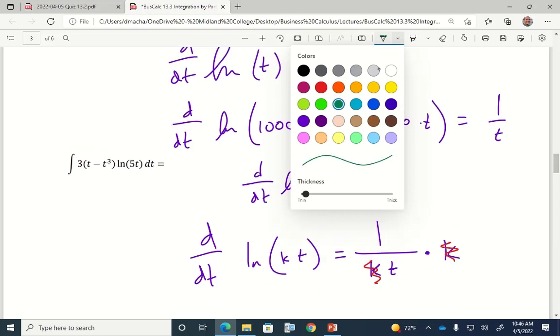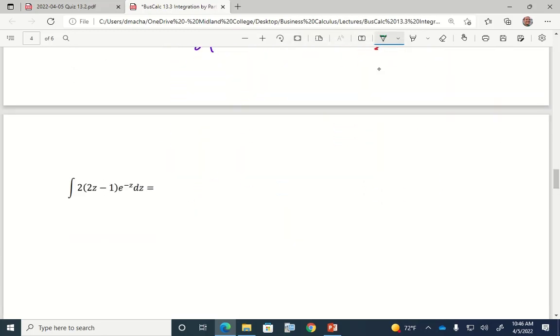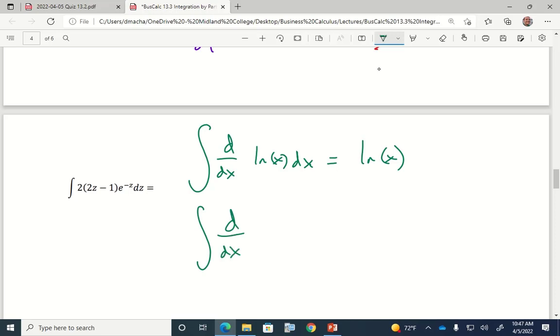So then you think, well, here's a problem, because if I take the antiderivative of the derivative of anything, I should get back the thing I started with, right? If I take the antiderivative of the derivative of natural log x, and the antiderivative of the derivative of, let's say, natural log 5x, then how am I going to end up with natural log x in this case and natural log 5x in this case? Well,